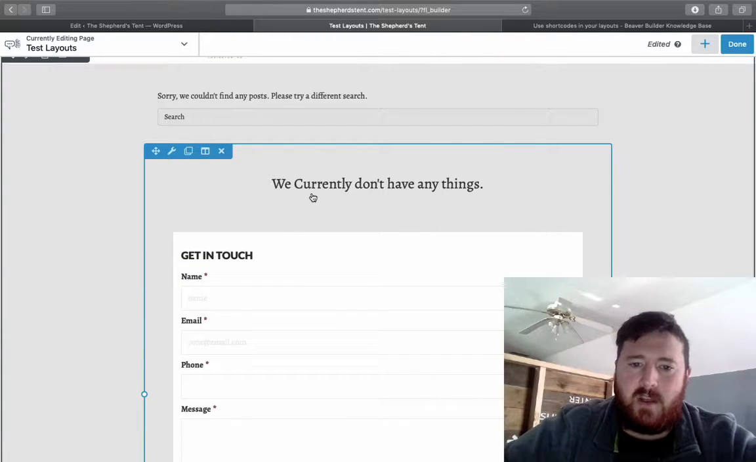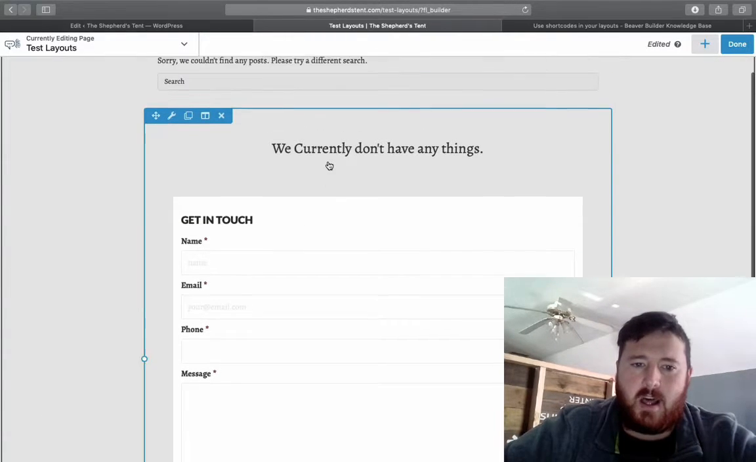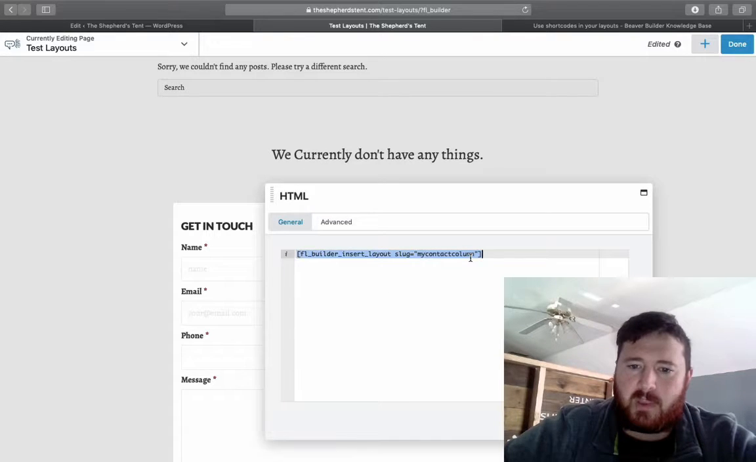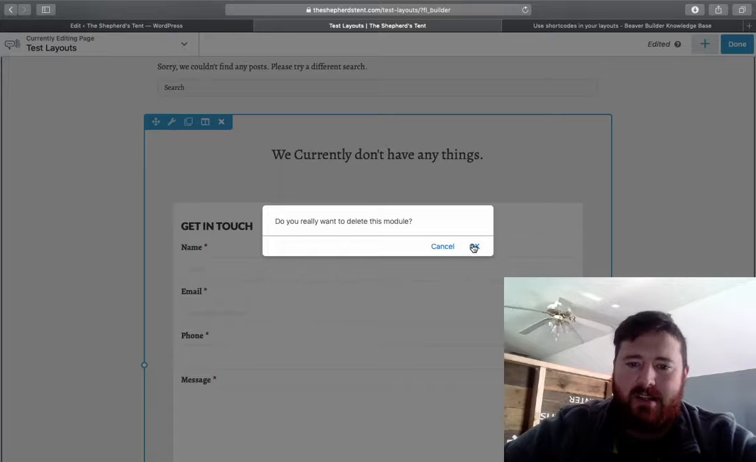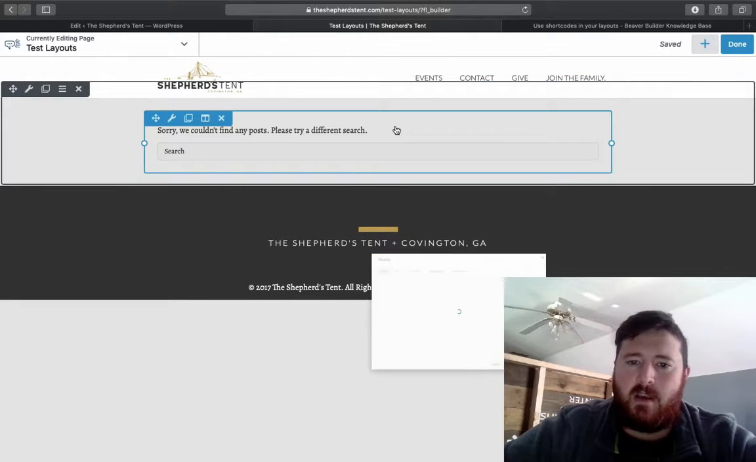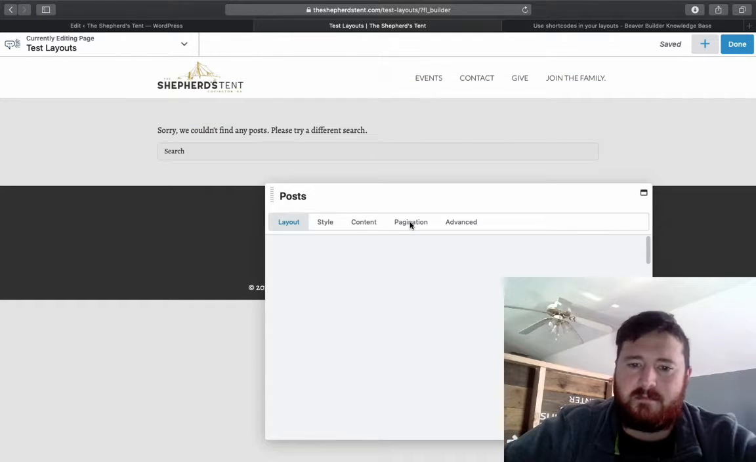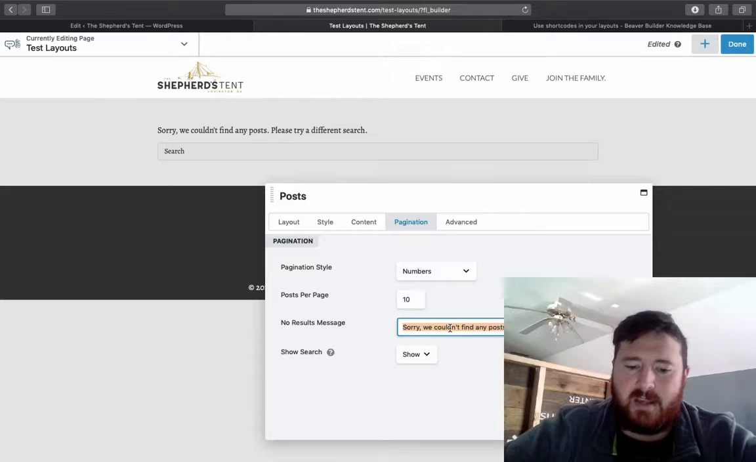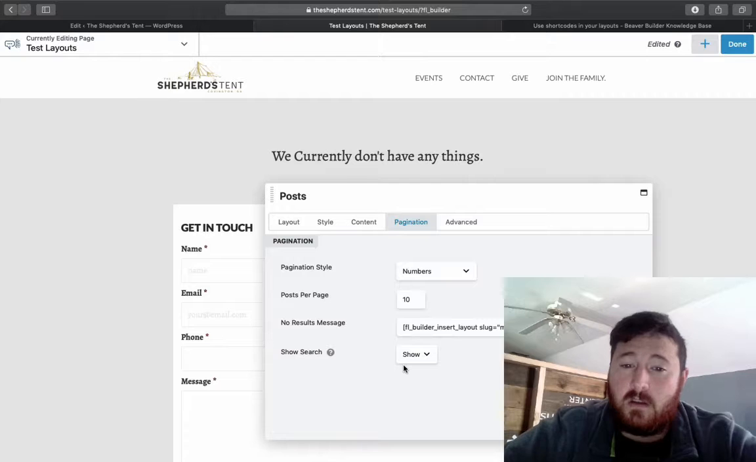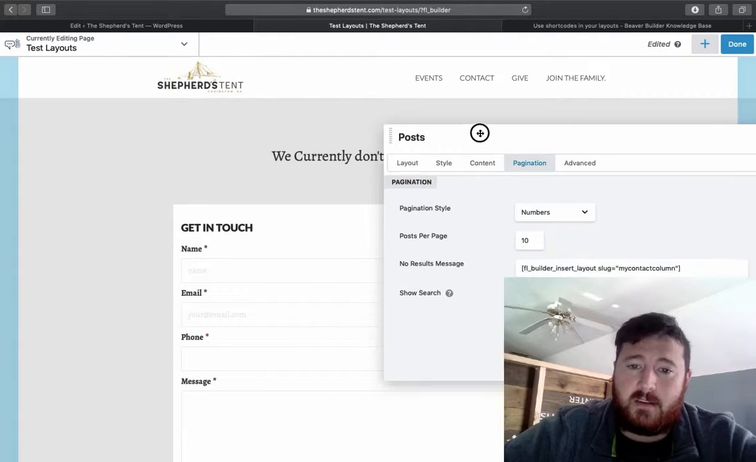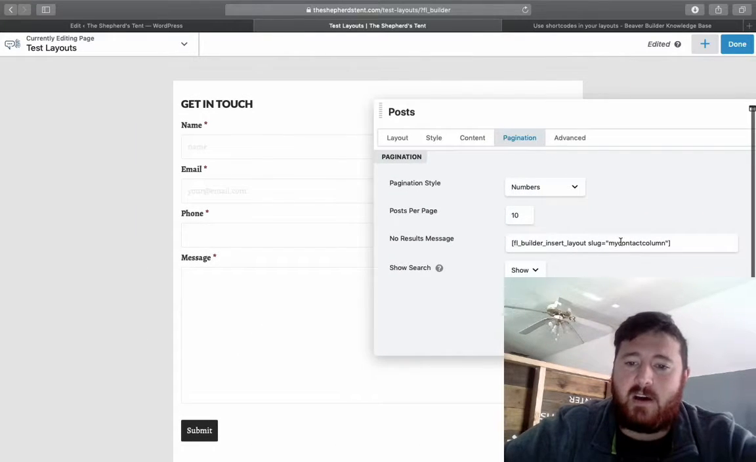And so what we're going to do now, everything looks right. This is the column that I had saved. So I'm going to copy my shortcode, delete this module, and go in here to pagination and paste this in. If all goes well, it should work just like that. Boom. So now, instead of this,